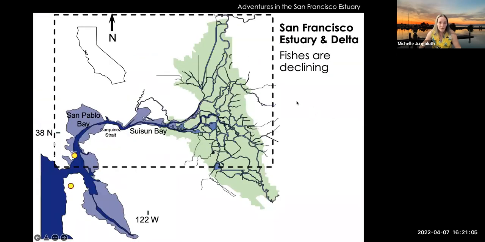Fast forward to my work in the San Francisco estuary. After graduating with my PhD from Michigan, I moved to the Bay Area to start a postdoc with Wim Kimmerer at SFSU, studying food web support for fishes in the San Francisco estuary. Before I talk about my work with fishes, I'm going to stay in the zooplankton realm, but the zooplankton are still relevant